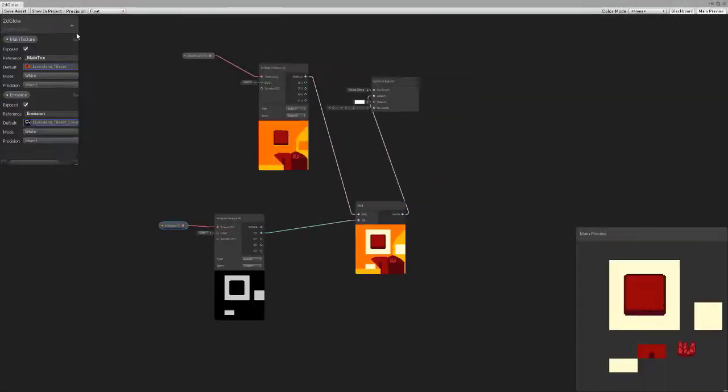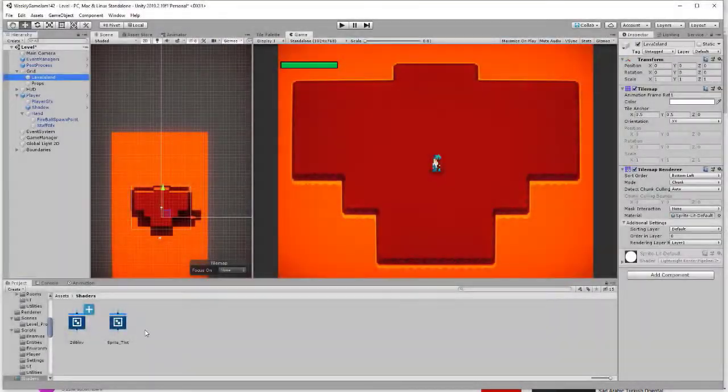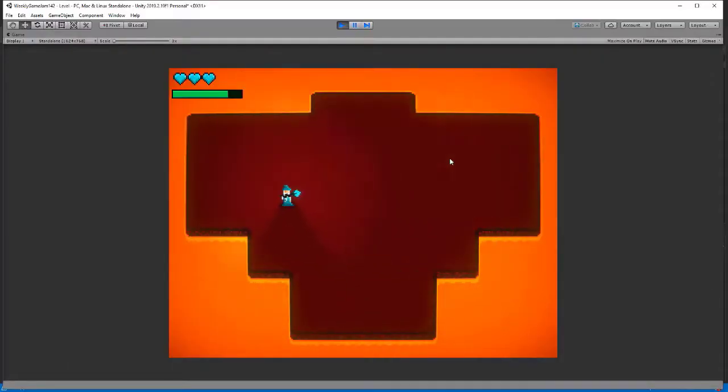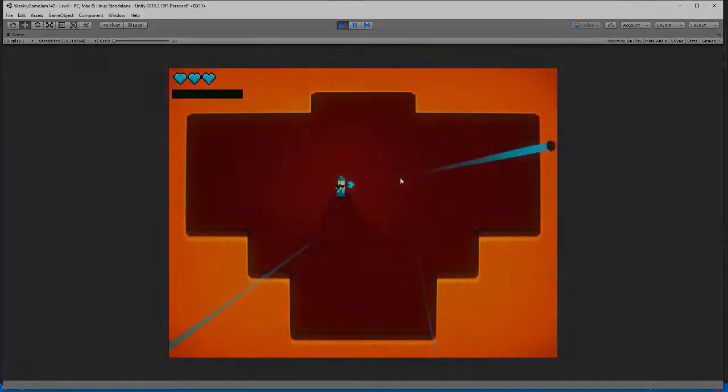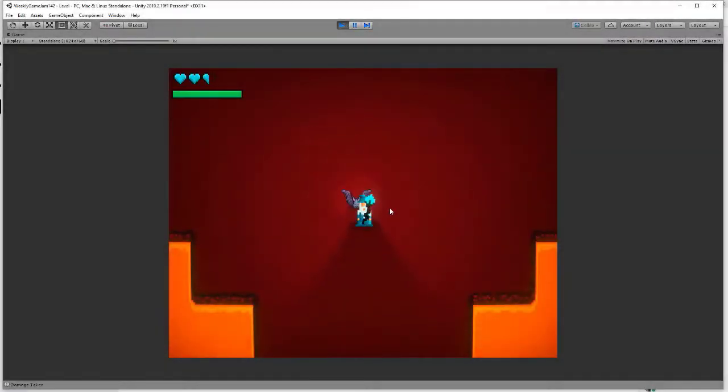I had a lot of work done on the third day. I first created a simple shader to add glow to the lava. After that, I created a system to display health using hearts, and I added a mana bar to the game. I also added shooting to the game and implemented a basic AI system. I then added the ability to deal damage to the enemy while dashing.